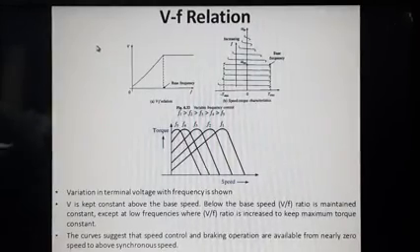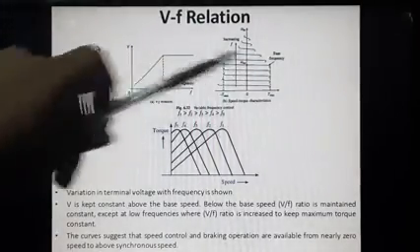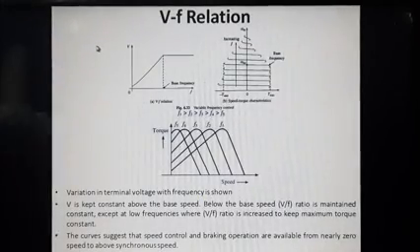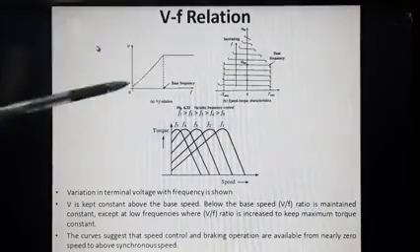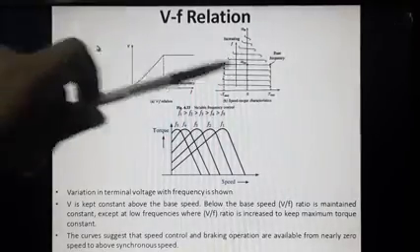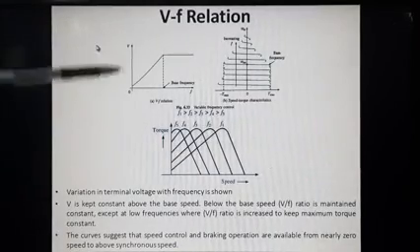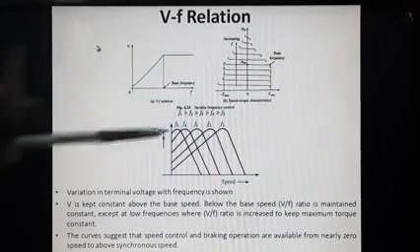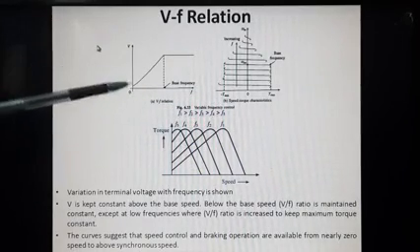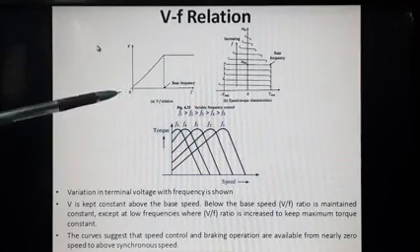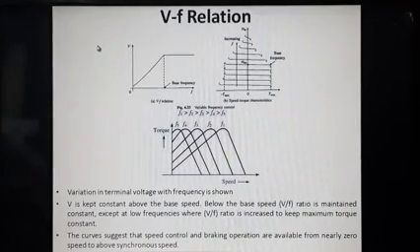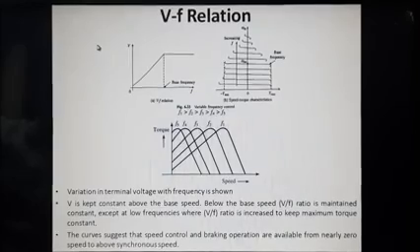Okay, here there are actually two graphs. In fact, three graphs are there, but the main two graphs are these two ones. So the first graph is between voltage and frequency. Here if you are seeing, the frequency here is 0, and here the frequency is the base frequency, which is actually the 50 Hertz.